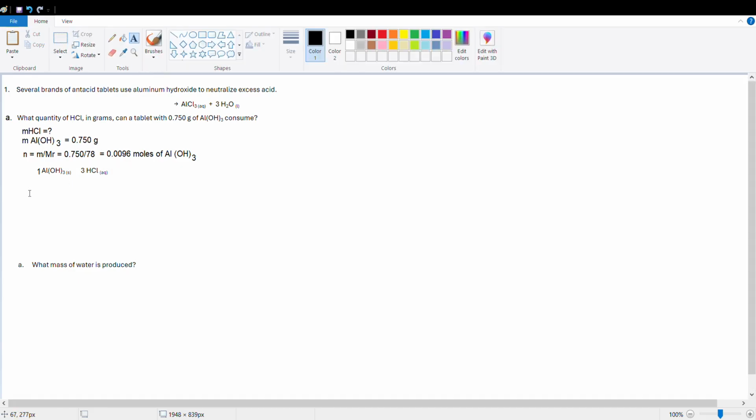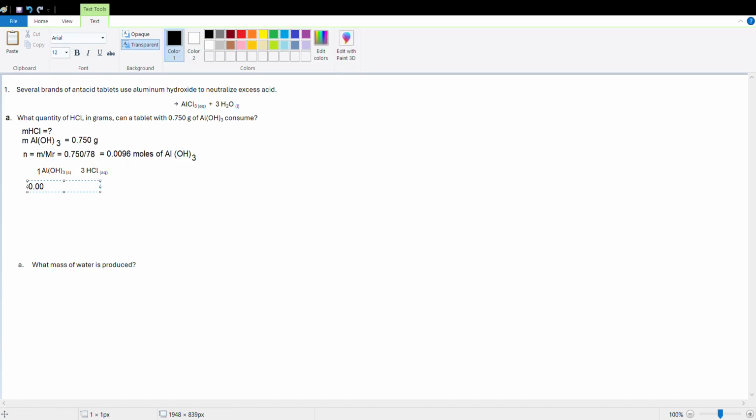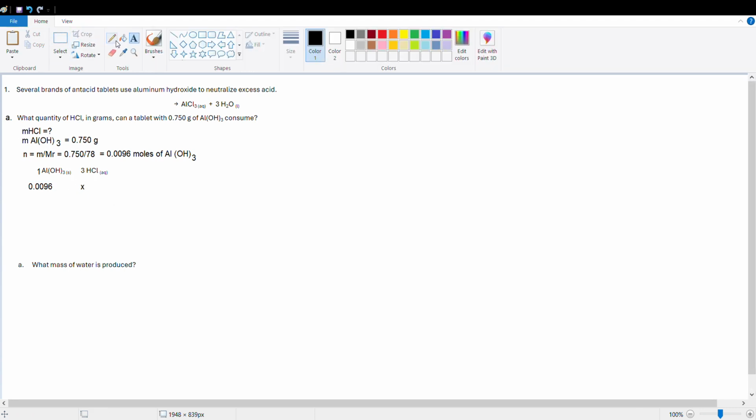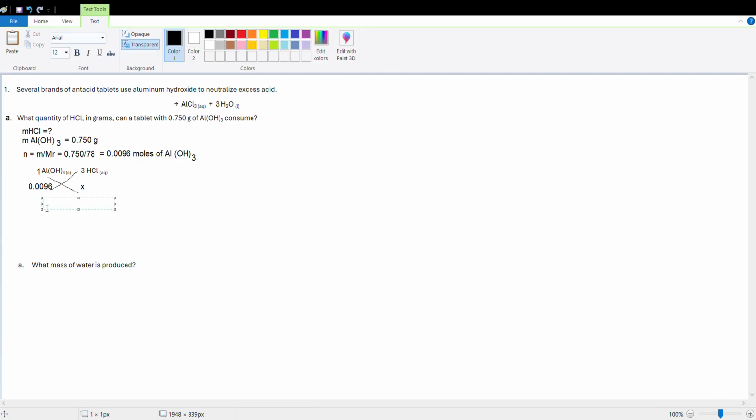And because we have 0.0096 moles of aluminium hydroxide, which is reacting with unknown moles of hydrochloric acid, we just cross multiply, as in math working. So x times 1 is x, and 3 times 0.0096, so x is equal to 3 times 0.0096, which will give me the moles of hydrochloric acid. Let's use the calculator here, and when I multiply by 3, that gives me 0.028, and that should be the moles of